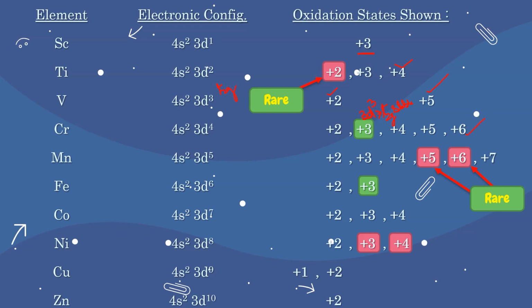Similarly, if we talk about manganese, it will show the +2 state as a stable one because it is going to get this 3d5 stable half-filled stability. तो +2 stable होगा. +3, +4 दिखा सकते हैं. +5 और +6 जो होता है that is rare. Again the +7 will be a stable condition. Similarly iron, if I'm talking about iron, if only 2 electrons are lost, it is not that stable, but if 3 electrons are lost, it is going to get the half-filled stability, so +3 will be the stable condition. Similarly cobalt, it will show +2, +3, +4.